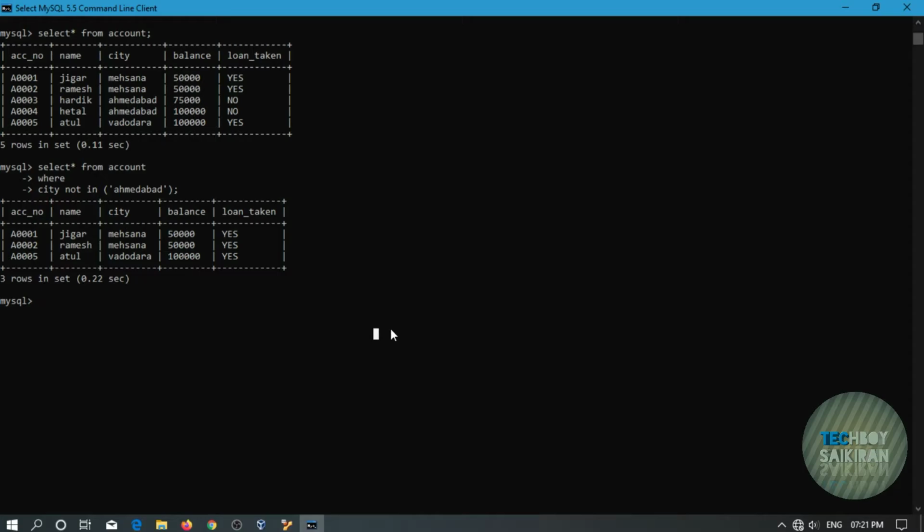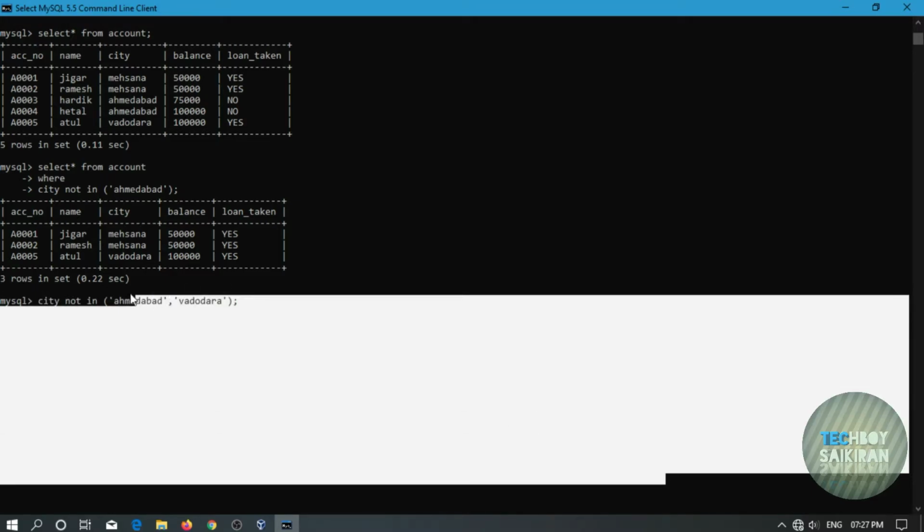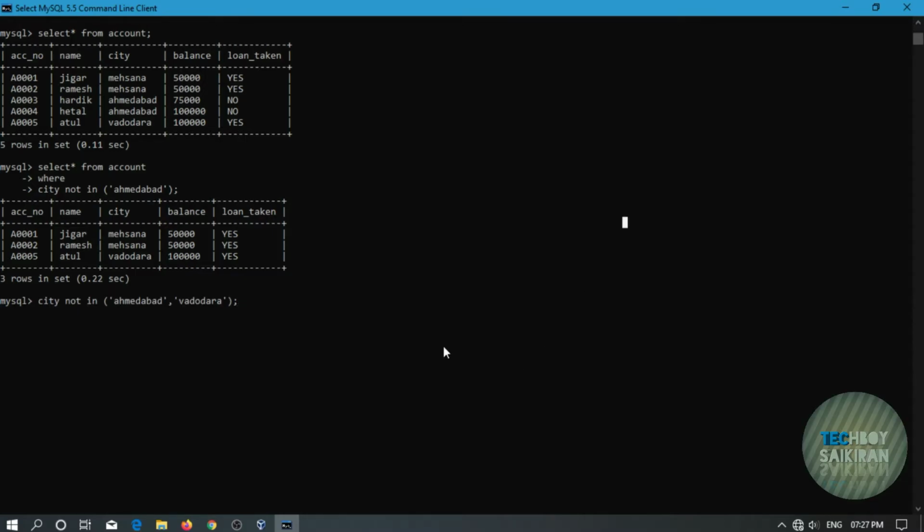As you can see, the table shows only the people who are living in Mehsana and Vadodara. The next command is city not in Ahmedabad and Vadodara. This command shows those members who are not in Ahmedabad and not in Vadodara. That means it only shows those people who are present in Mehsana.